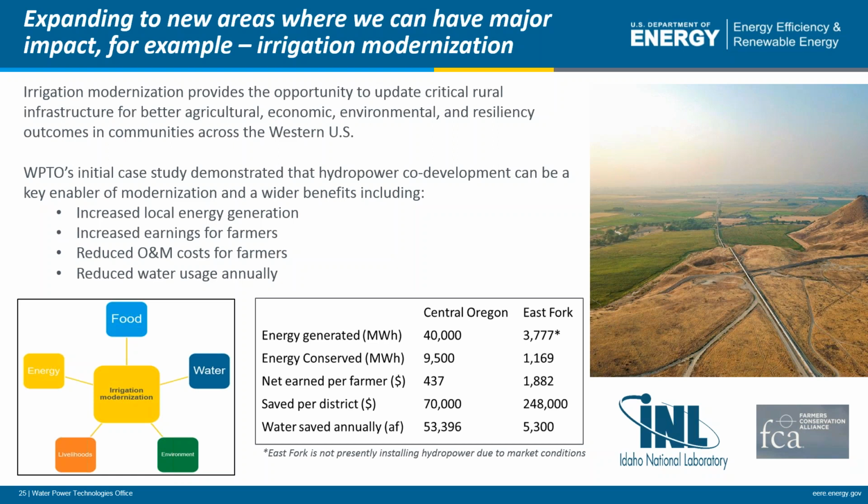So what we're thinking is this assessment can be the foundation for an interactive visual tool that will allow irrigation districts to look at different combinations of modernization scenarios, including hydropower, to see how hydropower can benefit